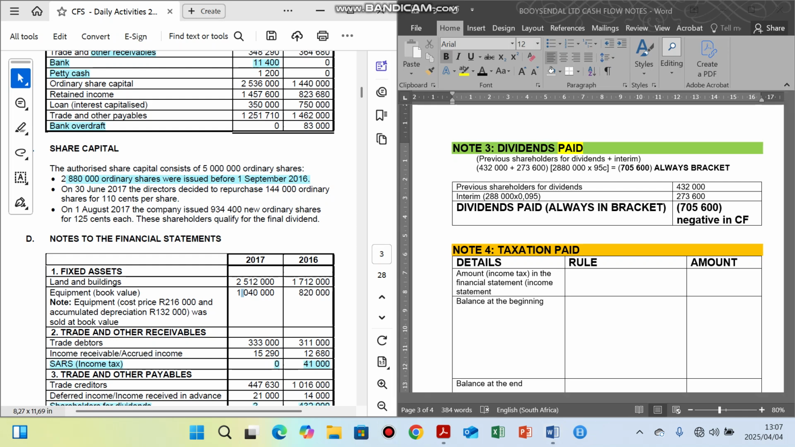Grade 12, on note number 3, which is dividends paid, the important factor is to check what happened to the dividend